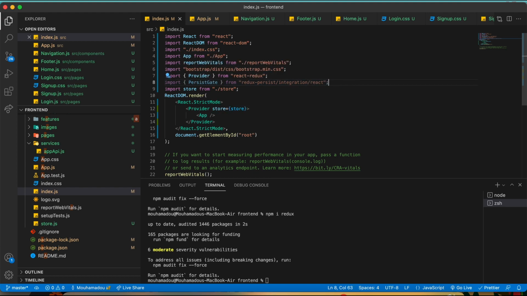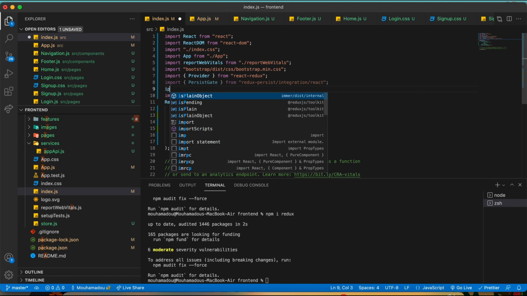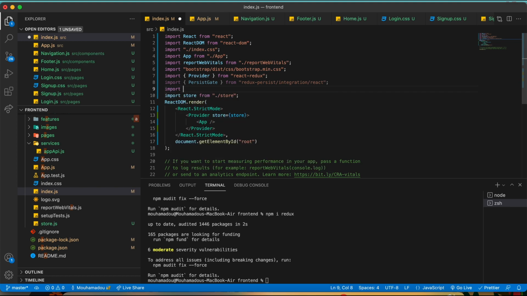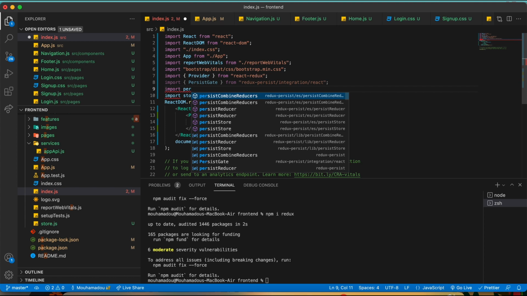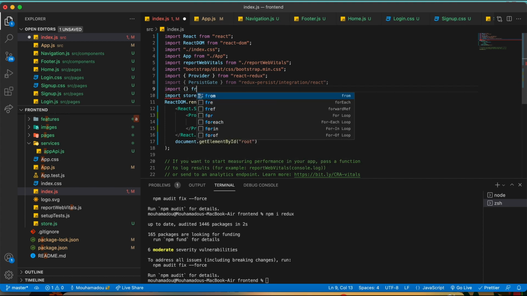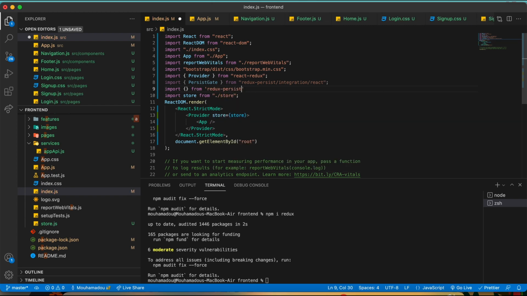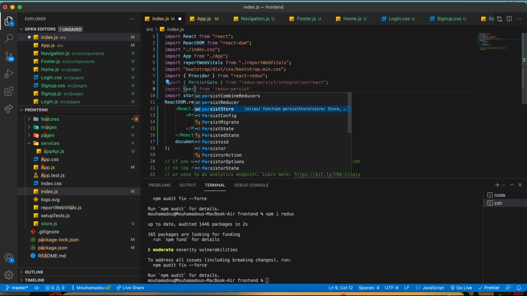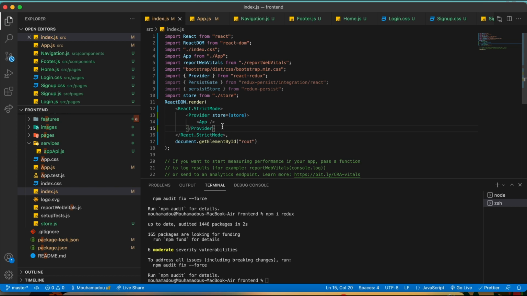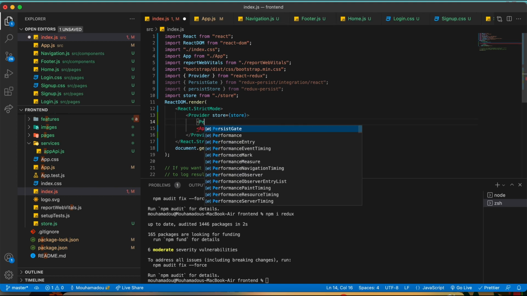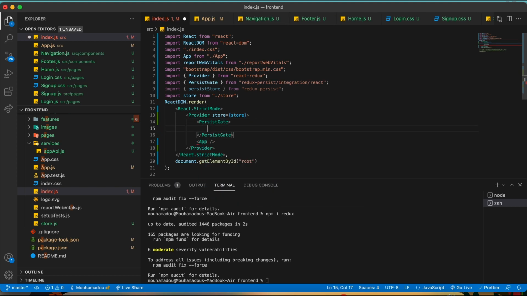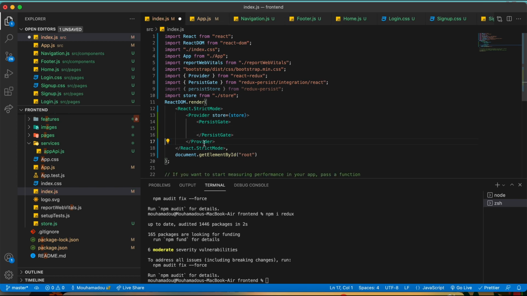Okay, and we need as well to have import persist store from Redux persist. It's going to be persist store. And now that we have the persist gate, we'll wrap the app with the persist gate, and we'll put it here,